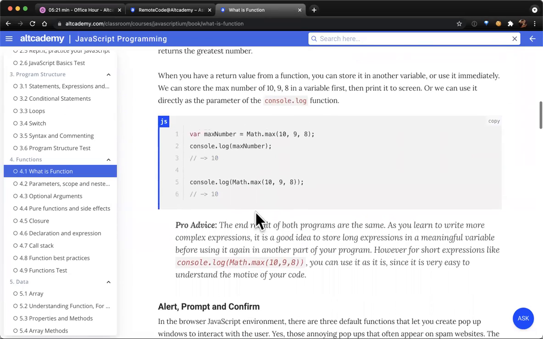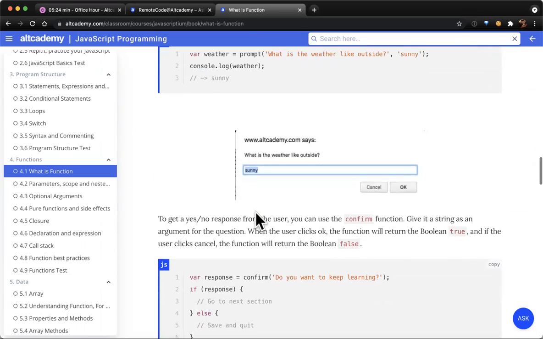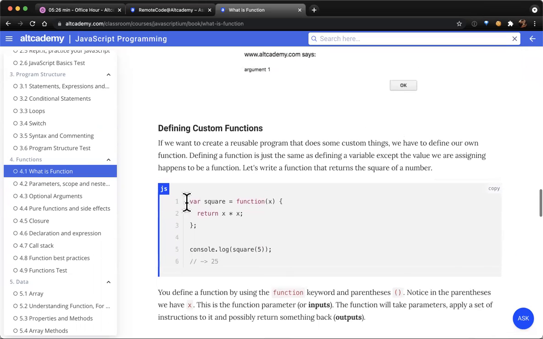So for example, we're going to look at some basic functions here. This one is a function that we define. The way we define functions in JavaScript is we use the function term right here, and we immediately follow up with the brackets. Inside the bracket is where we define what the inputs are. Not all functions need input. Some functions can have no inputs, some can have 1, some can have 5, 10. It's all up to us.